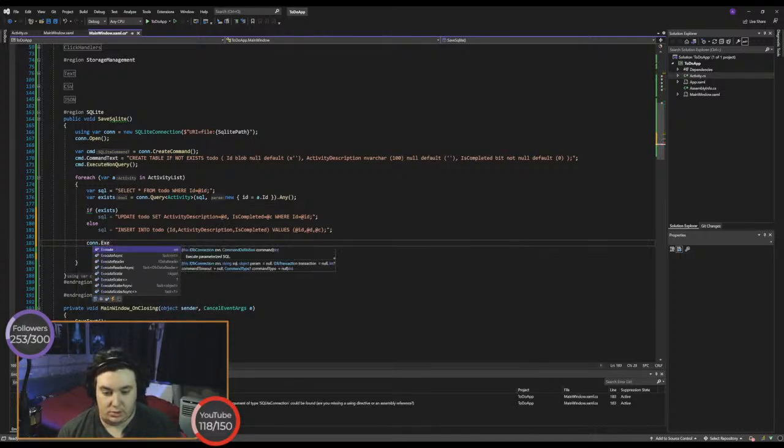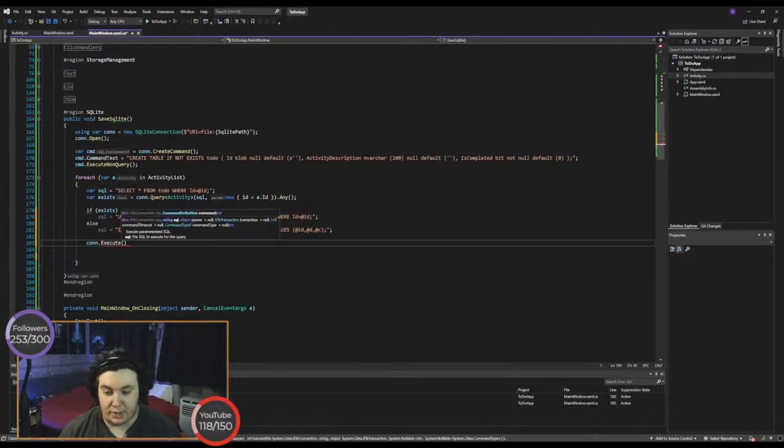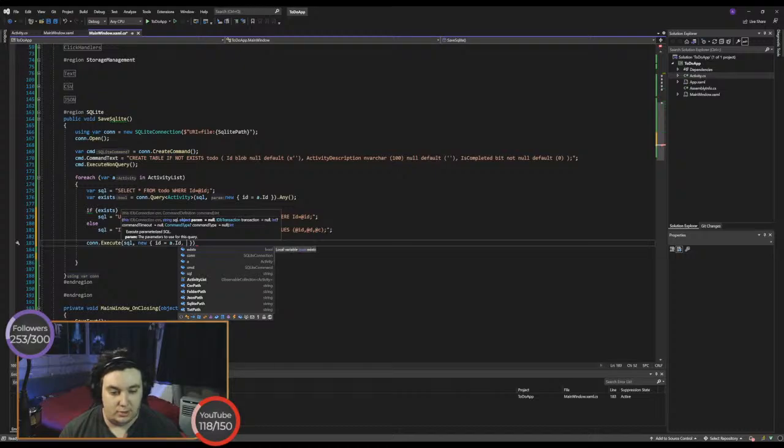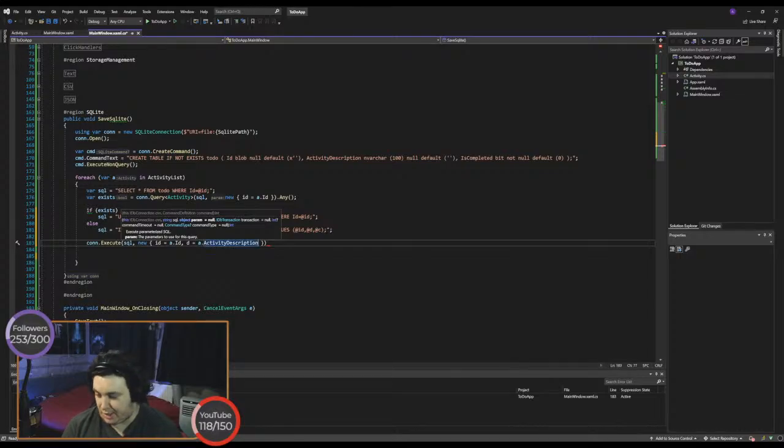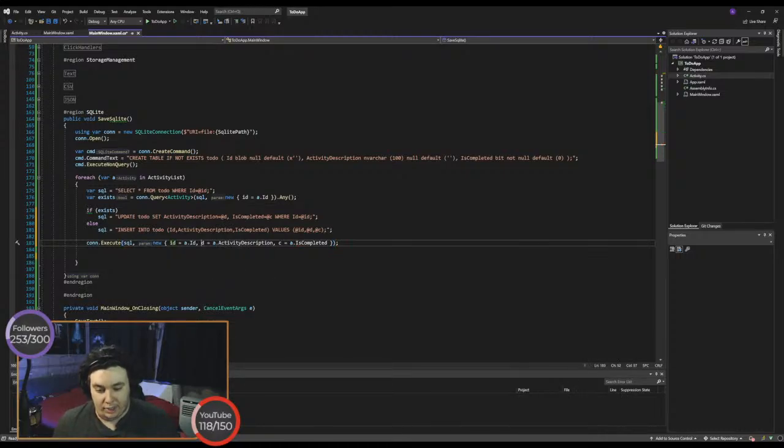But all we want to do now is con.execute. And then in the brackets, you want to type SQL, comma, and then new, and then squiggly bracket. And then here we're going to do what we did up above: ID equals a.id, comma, d equals a.activity description. So the bit before the equals matches up with our parameter. And then c equals a.is completed. So the lowercase id, the lowercase d and the lowercase c match up with our parameters in the actual SQL command. And then you just stick a semicolon at the end of the line and we should be all good. That should then, in theory, have added